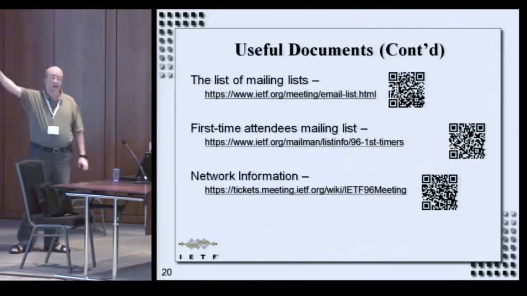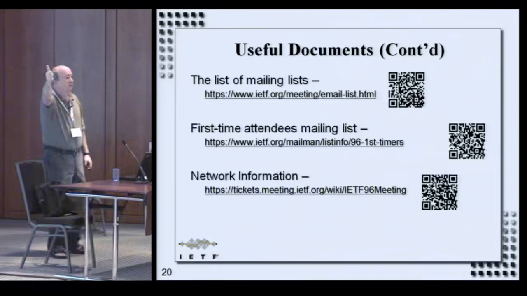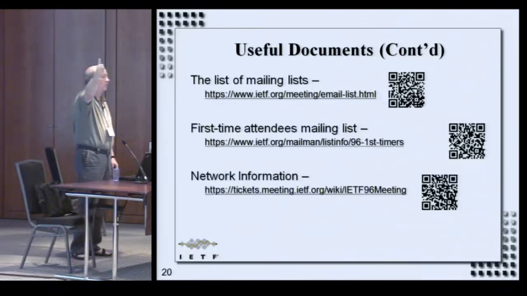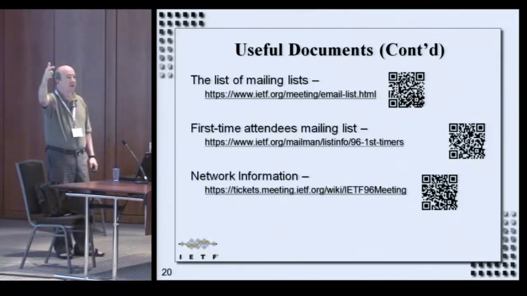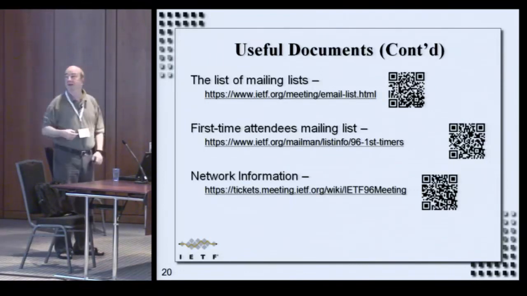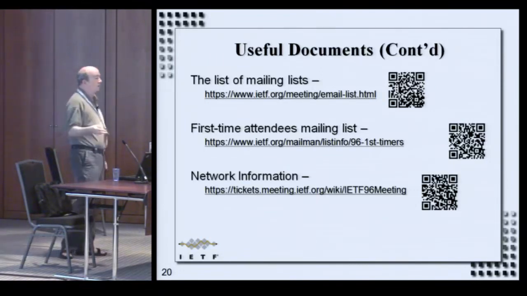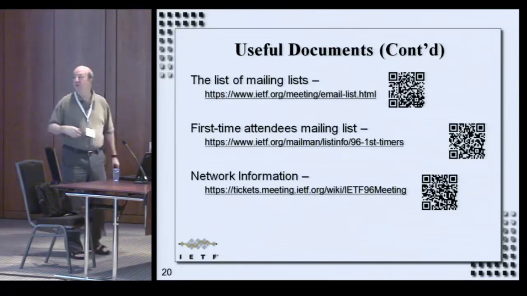There are, I think, five or six mailing lists that come up for every meeting. There is a meeting list that you're subscribed to whether you want to or not, which is meeting announcements. There's a mailing list that you are subscribed to if you ask for it, and that goes to anybody who's going to the meetings. There's another mailing list for newcomers, which is right there. So, useful things.